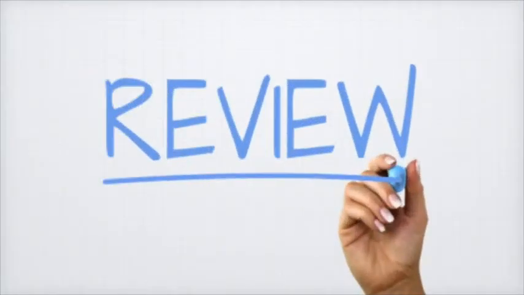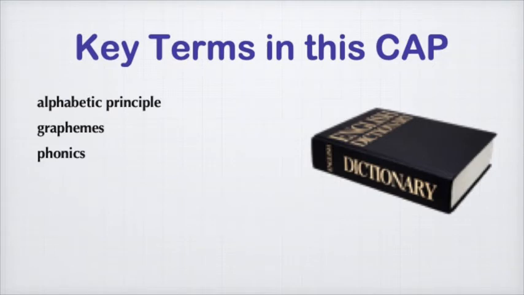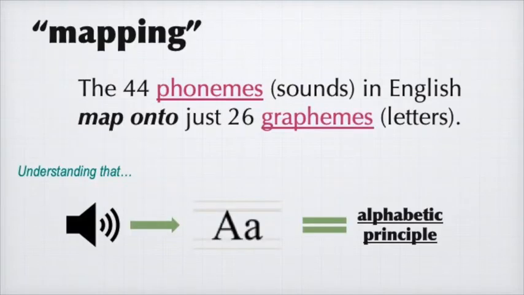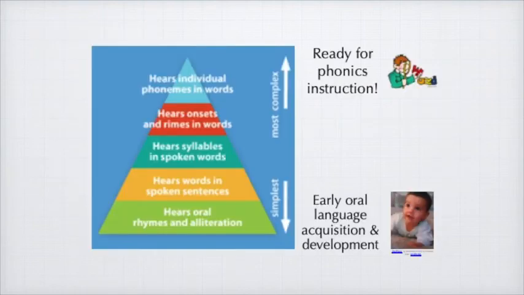Now let's review what we've covered in this video. In this CAP, we provided definitions and examples for these three terms: alphabetic principle, graphemes, and phonics. We explored two big ideas about the alphabetic principle and its key role in the development of phonological awareness. We demonstrated the alphabetic principle by looking at how phonemes map on to graphemes. And last, we saw how the progression of phonological awareness skills culminates in grasping the alphabetic principle and prepares children